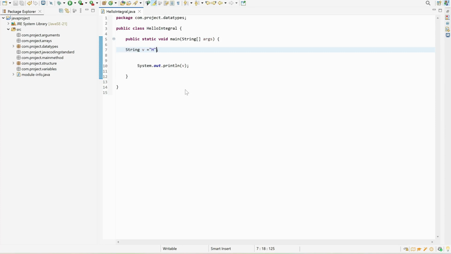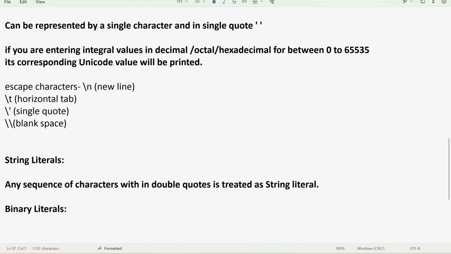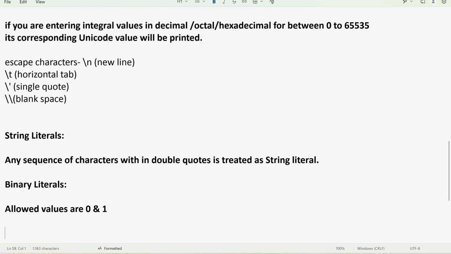Then we have binary literals. Okay. Next we have binary literals. So for binary literals, the allowed values are 0 and 1. Okay, so you have to define your literal with the help of only two values, which are 0 and 1. Plus the literal value